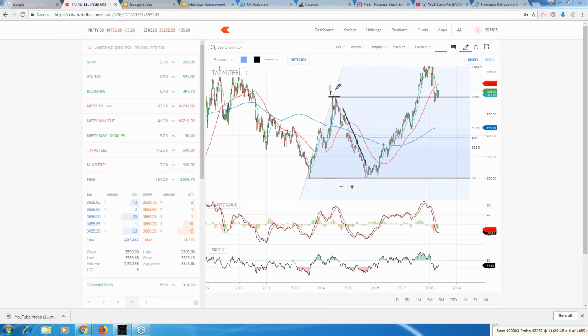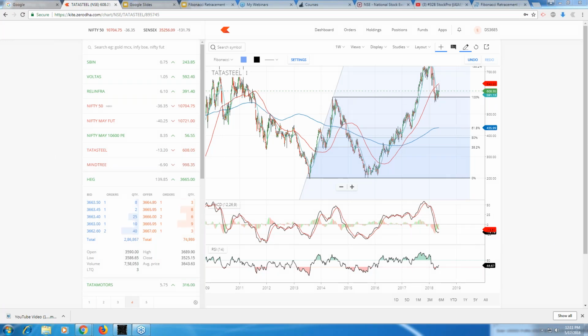This is high and that part is low, right? From there, you will retrace it from top to bottom. So this gives you 100% retracement, this gives you 38.2%, this gives you 50%, 61.8%, and so on and so forth. When the stock reaches the bottom, right, you have seen it has bottomed out,